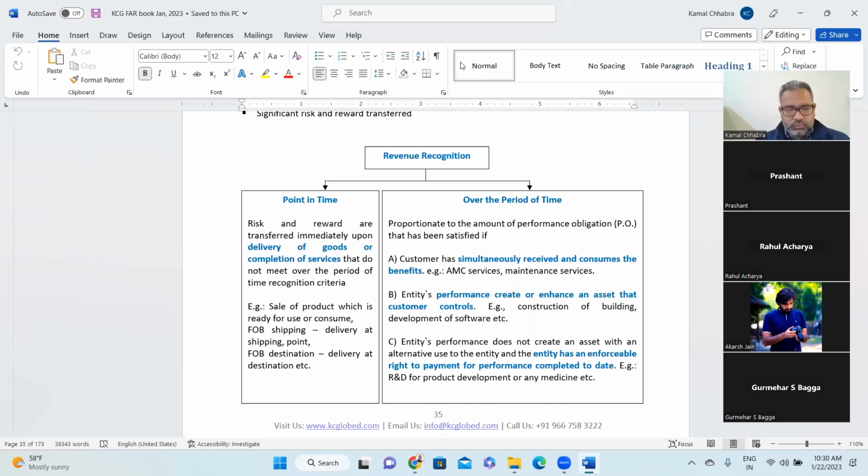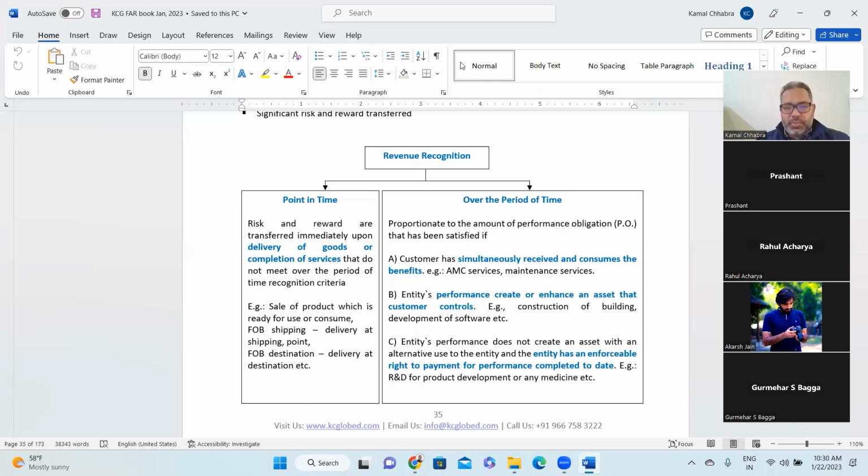Yeah, FOB shipping means the ownership of the goods is transferred at the shipping point, and FOB destination means ownership of the goods is transferred at the destination point to the customer. Absolutely right. So FOB shipping means when you transfer the material to the shipping point, from where the buyer will